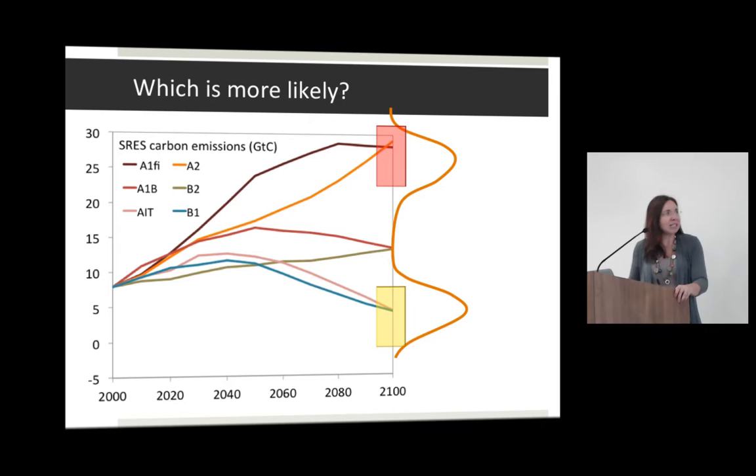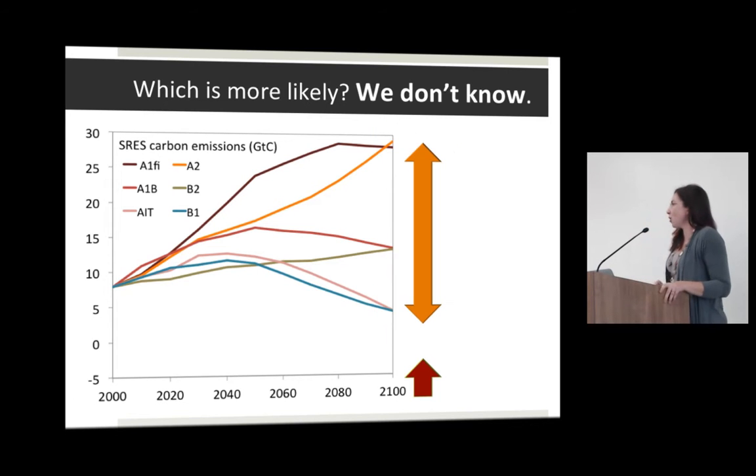Or you could say that the most likely is that we continue on the current pathway, which is actually heading above the red line right now. We can continue on our current pathway until something bad enough happens that we have this collective oh shit moment, and then we go as quickly as we can down to the lower pathway, and we end up following a scenario that's not even on this graph. I mean, if I had to put money on it, that's the one I would put money on.